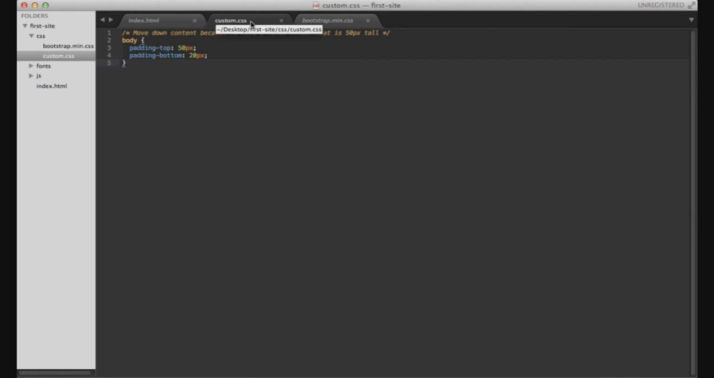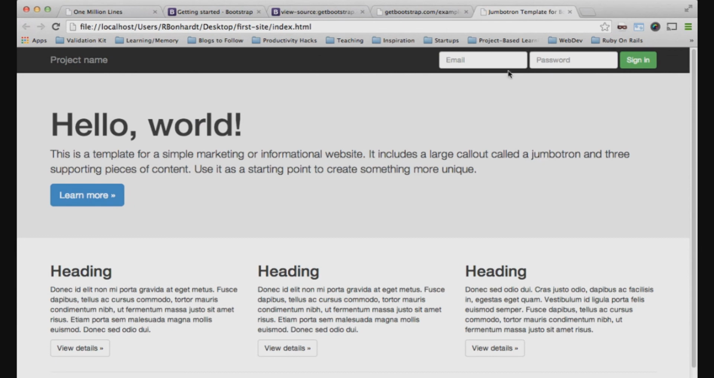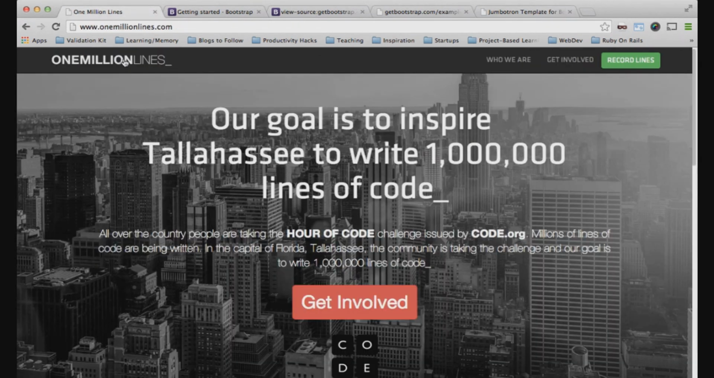And next, we're going to make our nav bar up here look like the nav bar here on the one